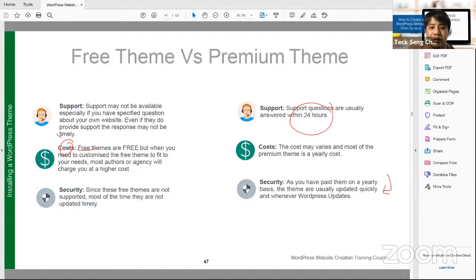Li Feng, do you want to stay behind and share screen with me? 3:50, correct. Li Feng, are you still here? Does this installation step apply to all page builders? Yes, indeed. Li Feng, are you still here? Do you want to share screen with me so that I can take a look at what you see?